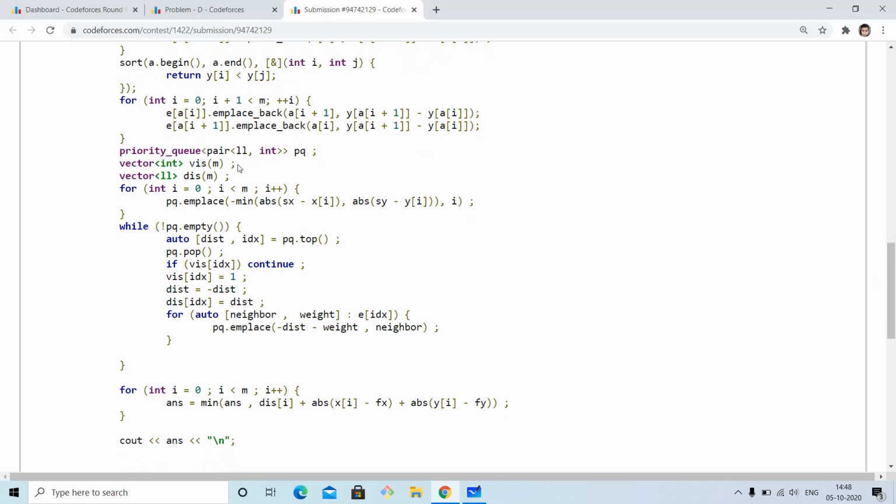Then we're going to have a priority queue, and we'll have a visited array, so that we will not visit the same node again if we have two edges going to the node from some node. And we'll also have this distance array which will store the shortest distance from the source for each of the magical points. Initially, we are putting the values of the Manhattan distance for each of the points,